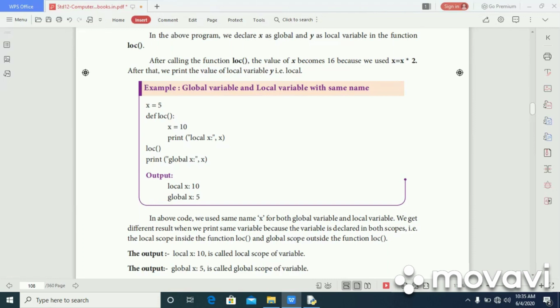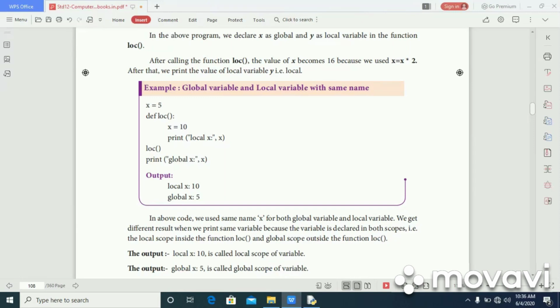So print of local x is x, loc function, print of global x is x. If the above code is executed, the same name x can be used for both global variable and local variable, but still they will give different results because the variable is declared in both scopes. That is local scope is defined inside the function loc and global scope outside the function loc.